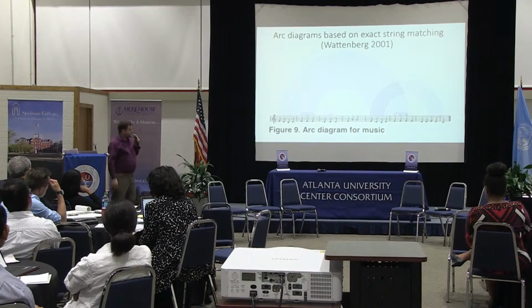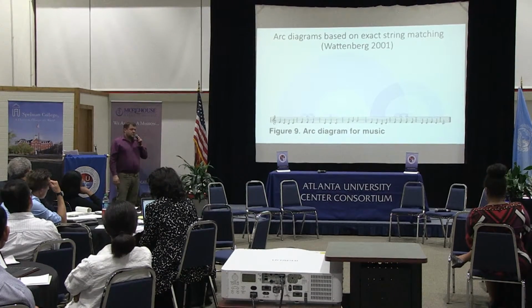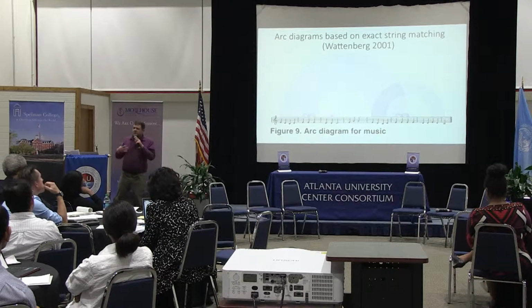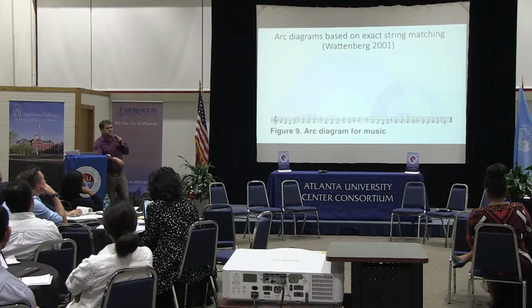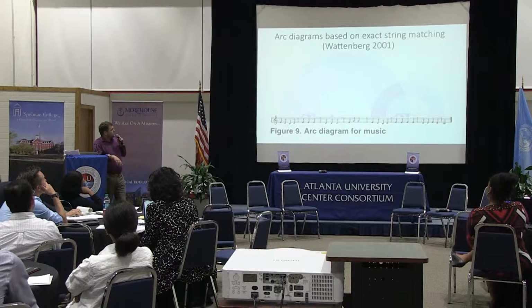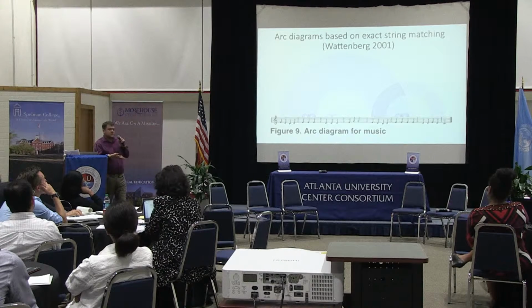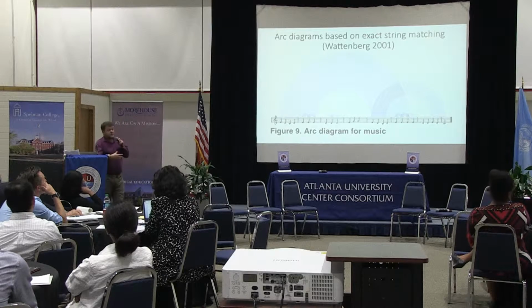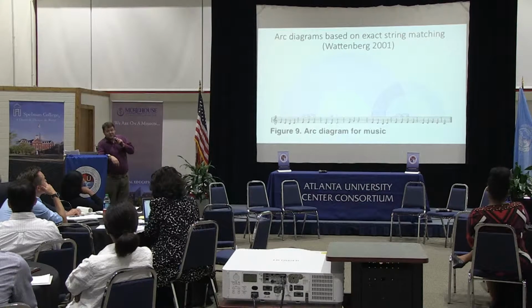So you can imagine that a composer might not just do Mary had a little lamb, but Mary had a little lamb, or invert it and do these other things, do variations, because music is very much not only repetition, but repetition with variation. So Wattenberg had this great way to visualize music, but because he didn't know much about music, he wasn't able to make it work very well.